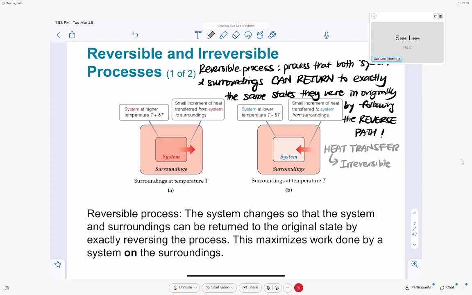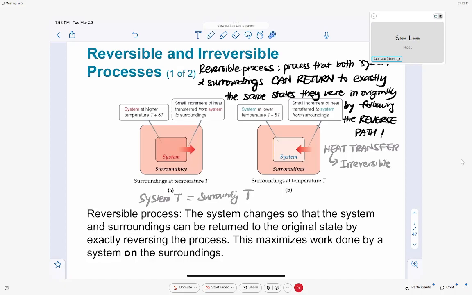Okay, when system and surroundings have infinitesimally small, extremely small difference in temperature, then the flow of heat can actually be reversible. Okay, so let's consider the situation where system and surroundings have equal, same temperatures. So basically system temperature, surrounding temperature,